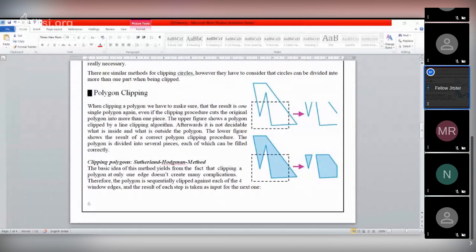After getting this intersected point, just add this line and reject the remaining portion. Then consider another side. On this side, there is no part of the polygon, so move to the next side. That means the third side.